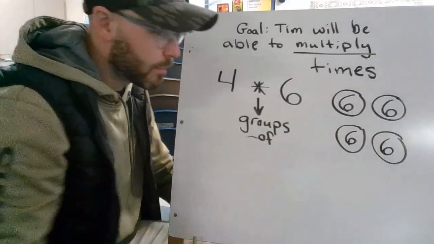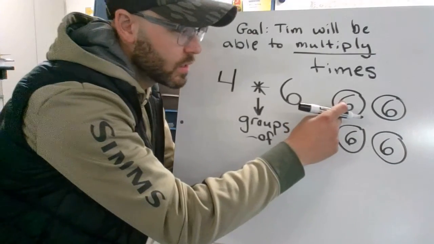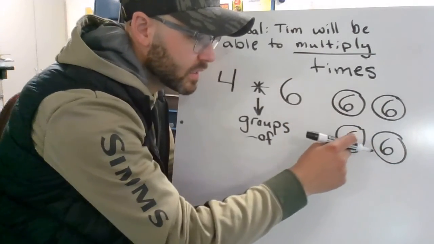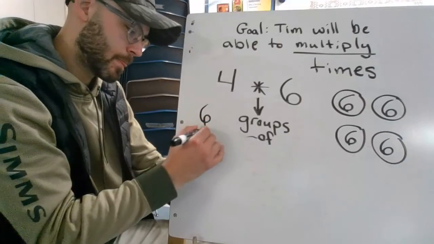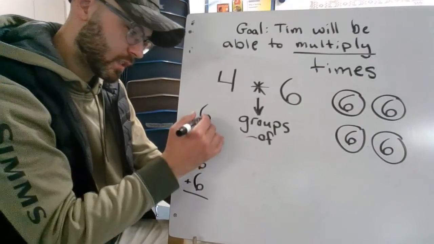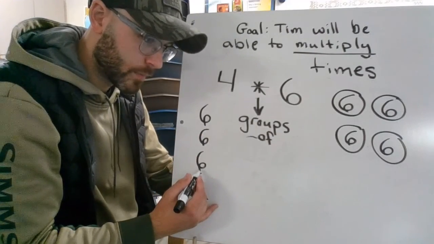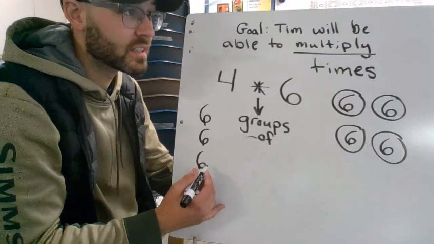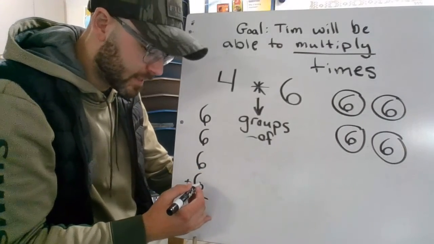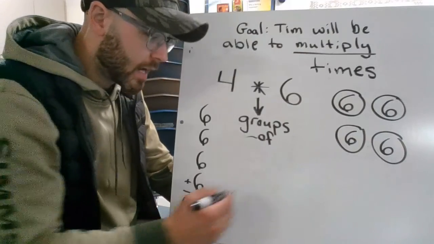Now, once I get to that point, I can just add again. Okay, I have 4 groups of 6. 6 plus 6 plus 6 plus 6. This is something I know you can do. 6 and 6 make 12 plus 6 more. Well, 12 plus 6 is 18 plus 6 more, that'd be 24. And if you notice,